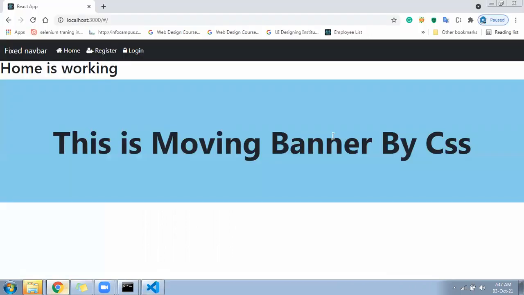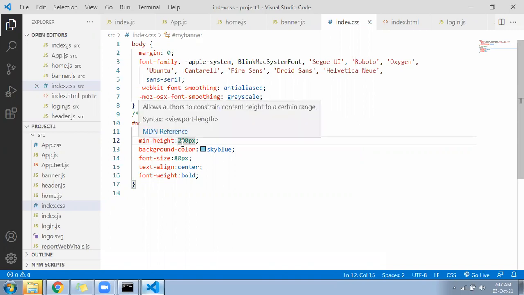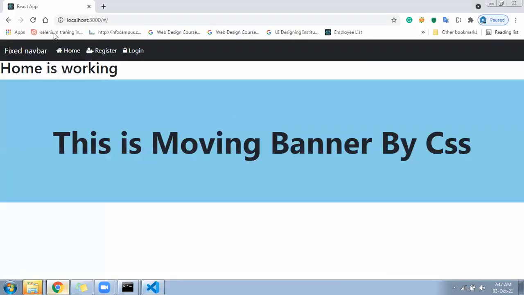Okay, minimum height 200 pixel. We can increase a little. Minimum height 300 pixel. No changes.